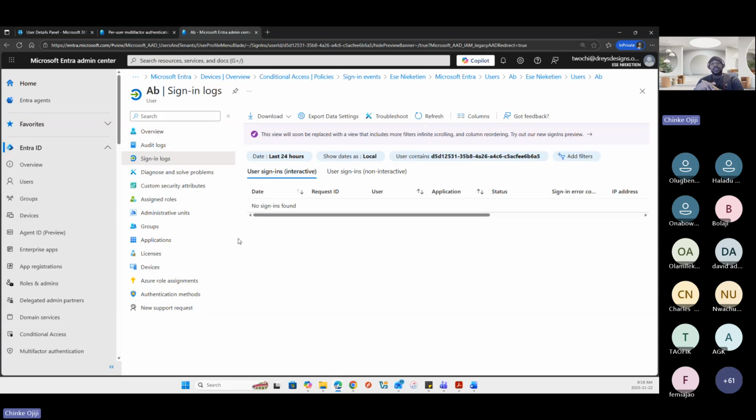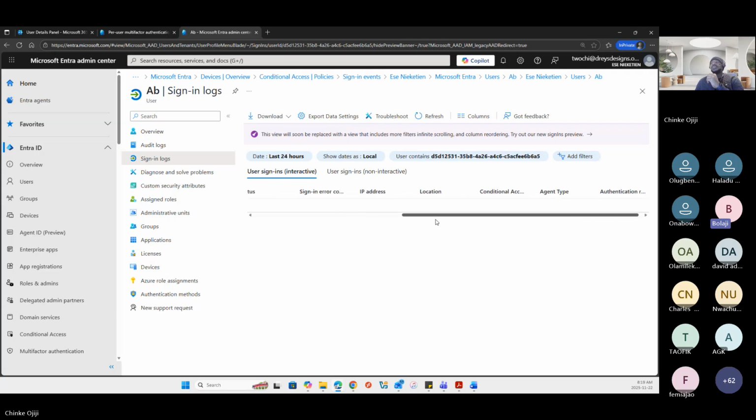Bolaji, you have a question? Yeah, well done. So I wanted to know, since we are using IP, what if the user was actually using a VPN to log in? If you're using a VPN, the IP can change, and the location will actually change also, and that can count as an impossible travel. So in that instance, how would you know that this person is not using a VPN, since the location changed?